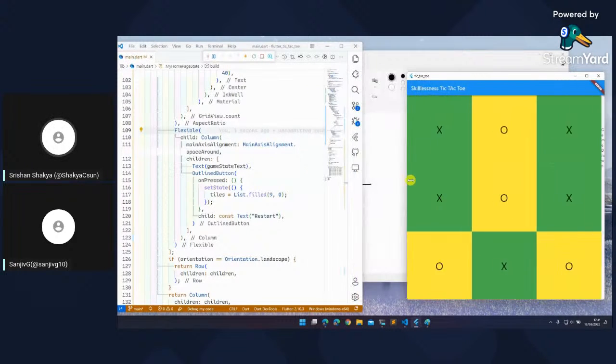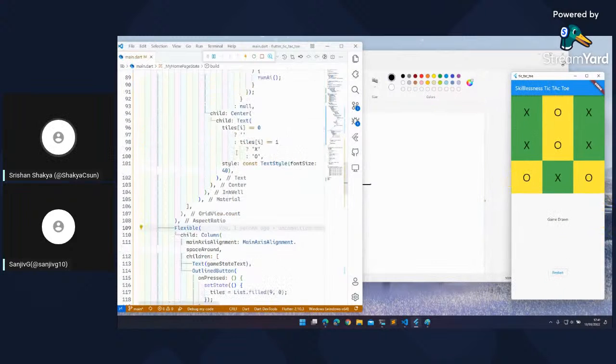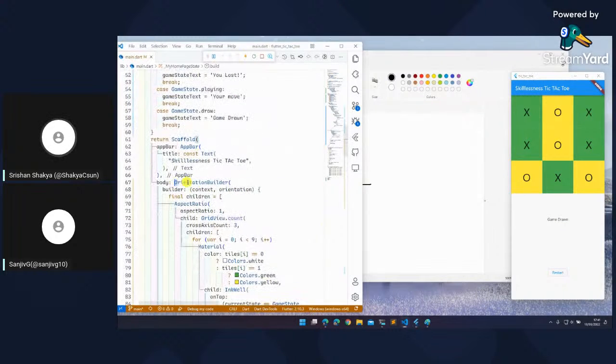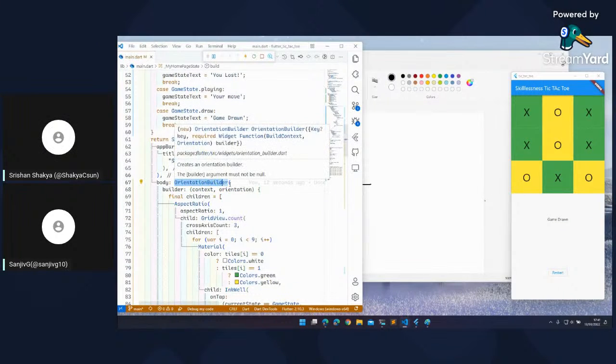This is a little bit more responsive than before, and we got to learn about a thing that helps us with responsiveness in Flutter. There are also other kinds of builders. This orientation builder just gives us the orientation of the device.